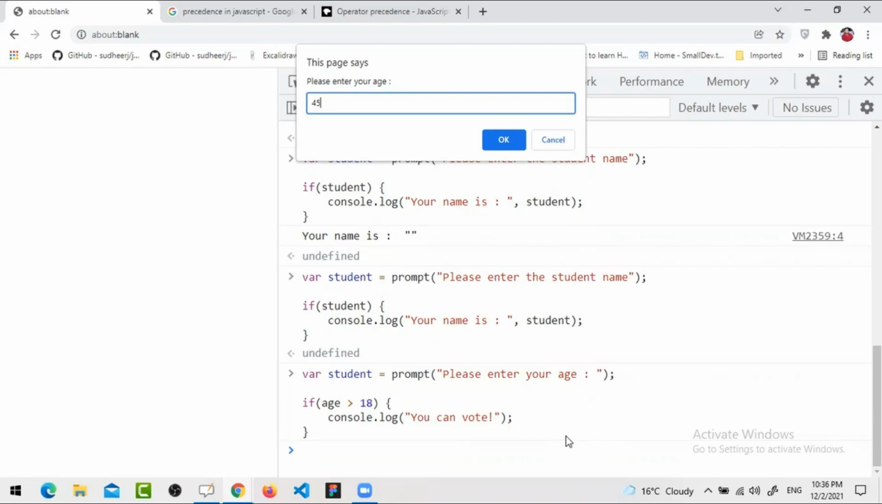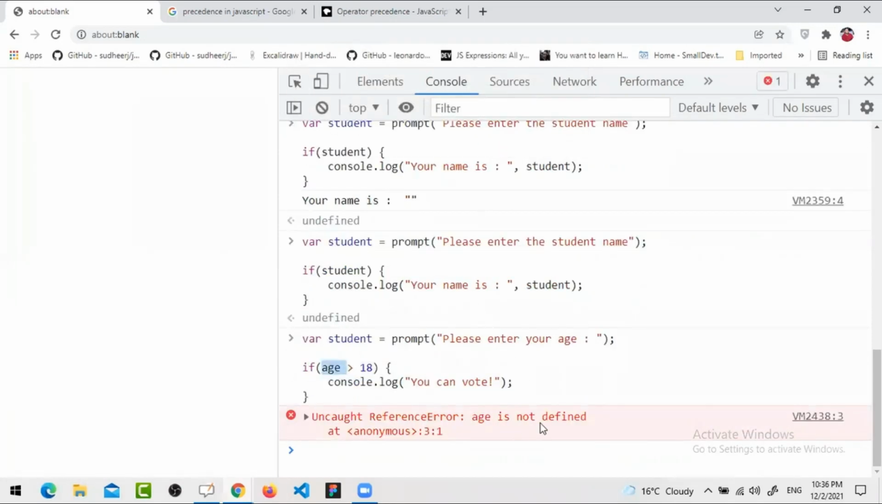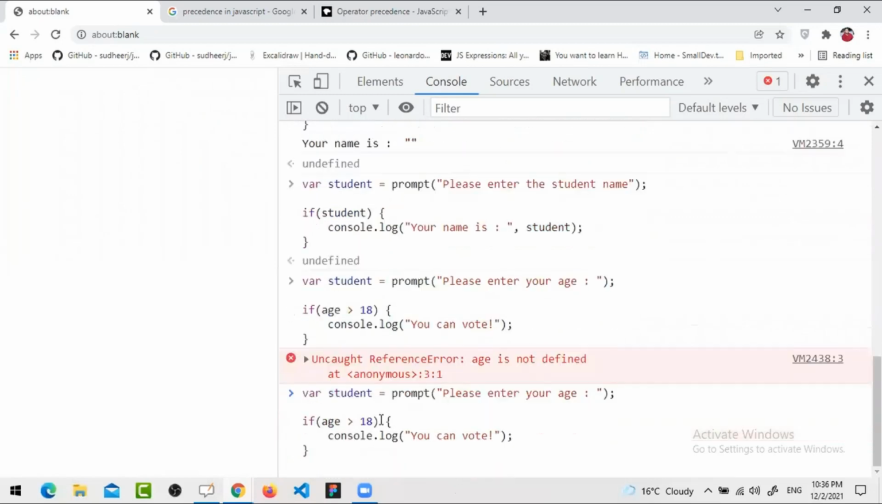Is that correct or not? The condition is given: age 18 means can print, you can vote. Here we have a student, and here we have age. Age is not defined, you are getting, isn't it? Yes. So now what I'm going to do is simply,